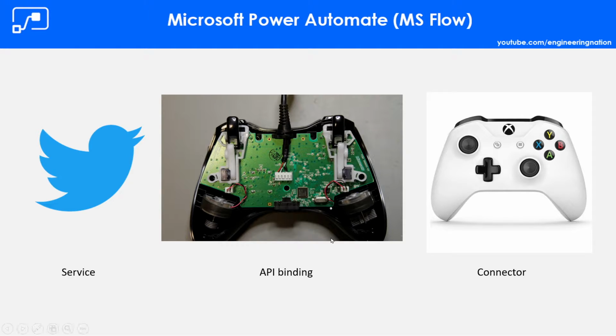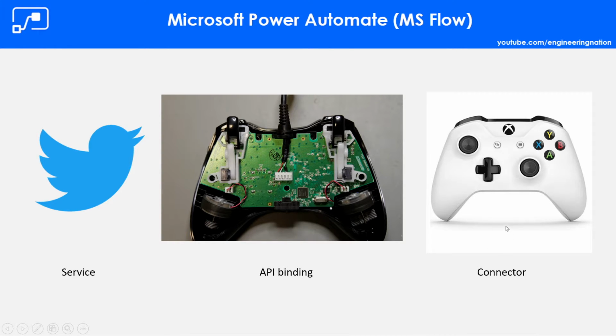So suppose this is a connector representation in my own way. This is a connector, or we can say controller. If you are playing any games on your Xbox or PlayStation, you don't have to worry about the internal structure of this controller. You have certain sets of controls and you just play with it, sending a request with the help of this controller to your Xbox or PlayStation.